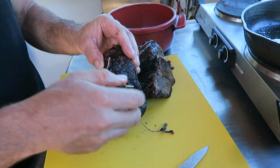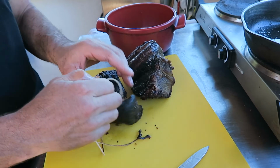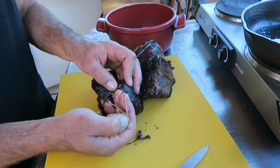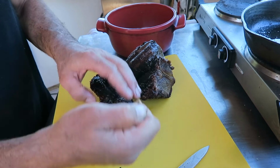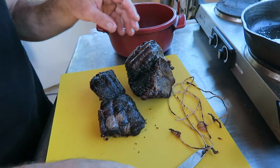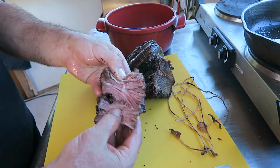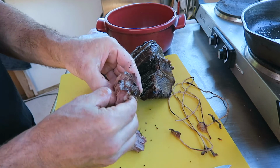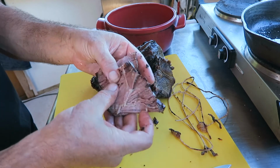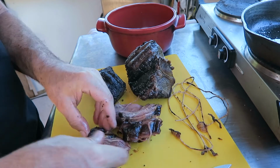I tend to like to try and cook it so that there are some parts on the outside that are downright burned and not that good to eat, like right here probably. But what that means is that the inside tends to be much more tender and will just fall apart like this. Now the reason I do this and pull it apart rather than slice it apart or anything like that is because